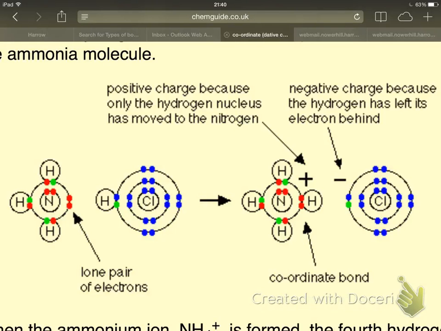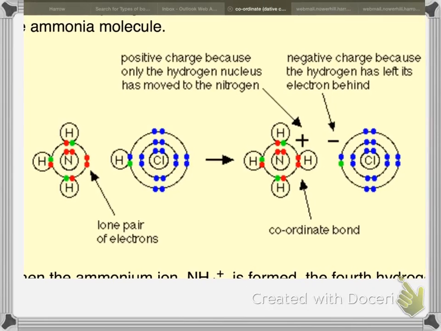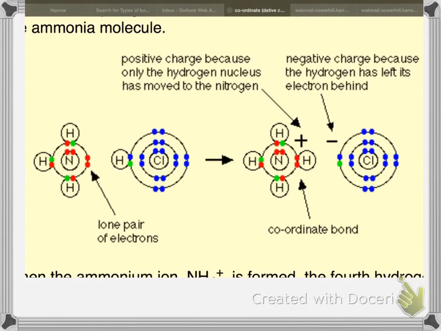Okay, so in this example, we're going to look at specific types of intermolecular forces and of covalent bonding. So we're going to look at dative covalent bonding and induced dipoles. Okay, so in dative covalent bonding, a dative covalent bond is one where both of the electrons have come